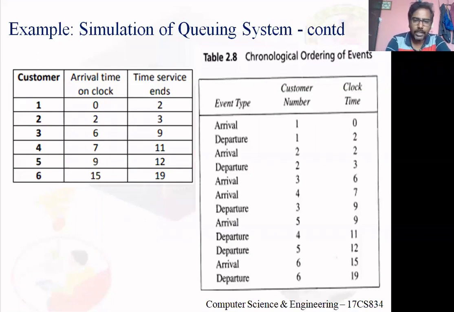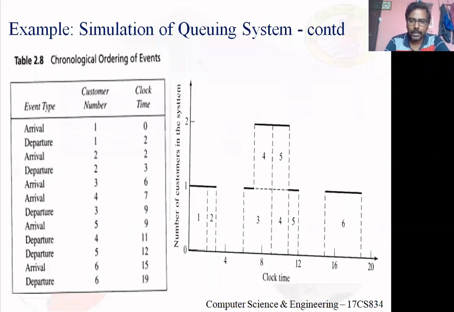I need to design a graph, what you're seeing in this slide. This graph, y-axis, what is this? Number of customers in the system. X-axis, what is it? It is time. So this graph gives the number of customers in the system at any point of time. For example, if you look at time 4, there are 0 customers. If you again look at time 16, there is only 1 customer. If you look between time 8 and 9, there are 2 customers.